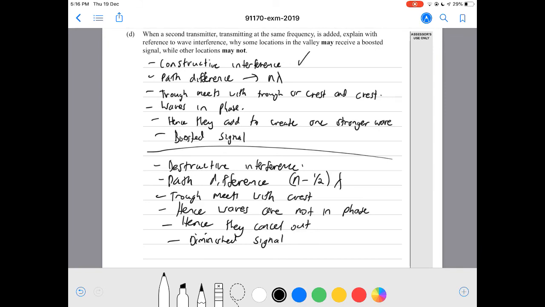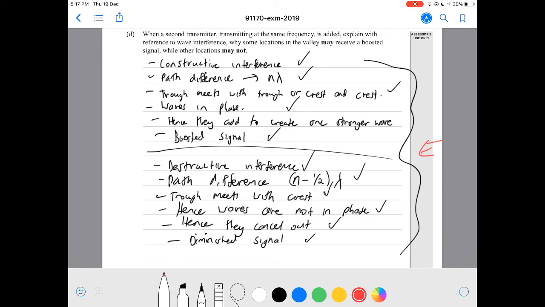So constructive interference and destructive interference, path difference, what parts of the waves are meeting with each other, and whether the waves are in phase or out of phase, and whether the waves are adding to create a stronger wave or cancelling out each other to create a weaker wave, and how this links to a boosted signal or a diminished signal. If you cover all 5 of these points, that should get you an excellence grade. In terms of getting a merit grade, you can cover at least